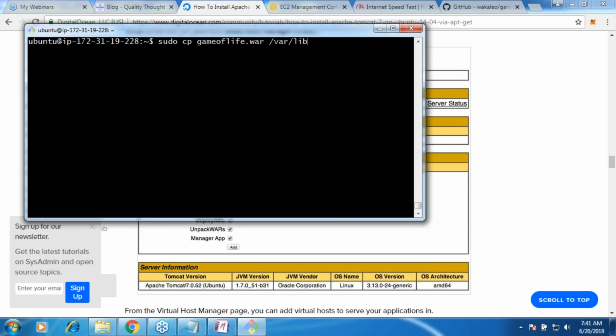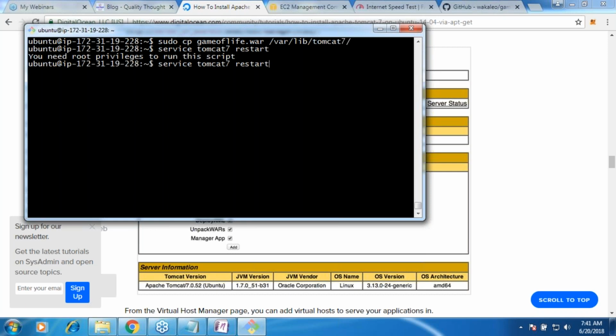Gameoflife.war to Tomcat 7. I need to do it as user. Simple steps. You have installed Tomcat, and after that you start it.